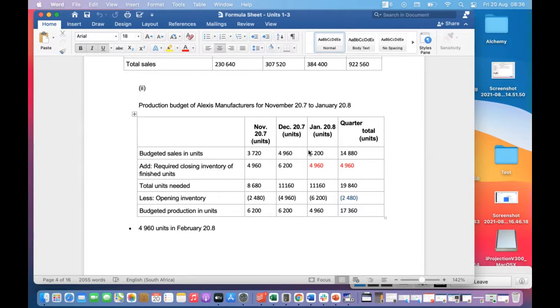So remember, we're saying a quarter is 3 months. And here we're obviously looking at quarter totals. So we're saying for this quarter, how much inventory did we start with? Can you see? And we know that this quarter starts in November. So whatever we started with in November is what we started with. Is it making sense now? Okay. So we're happy with production budget now.